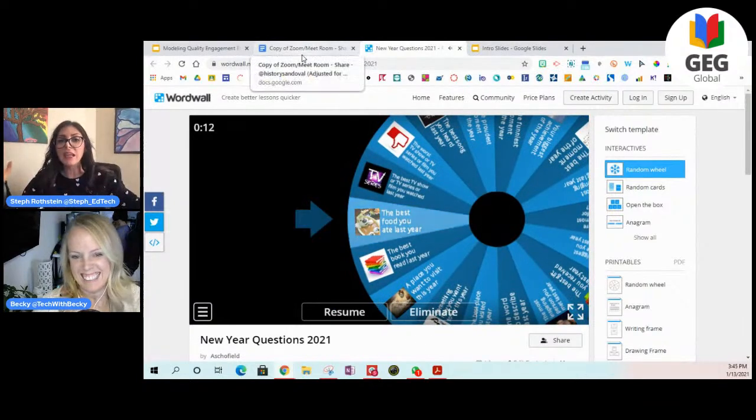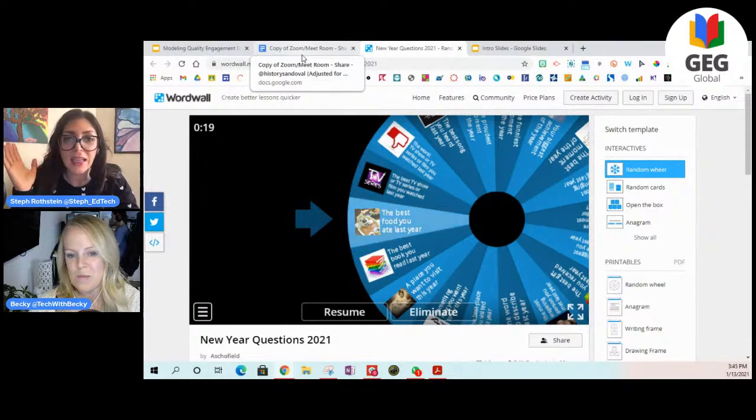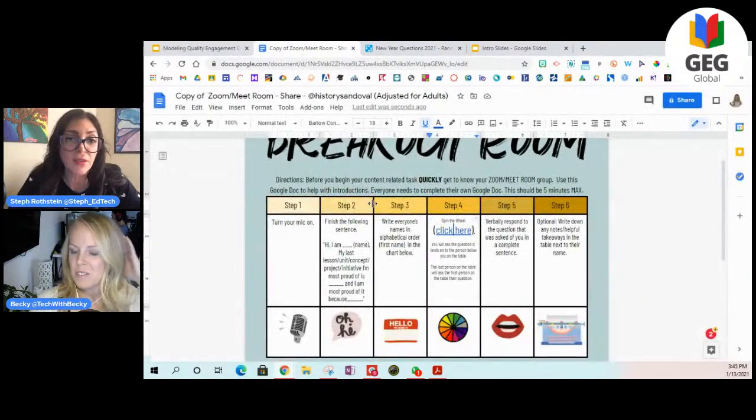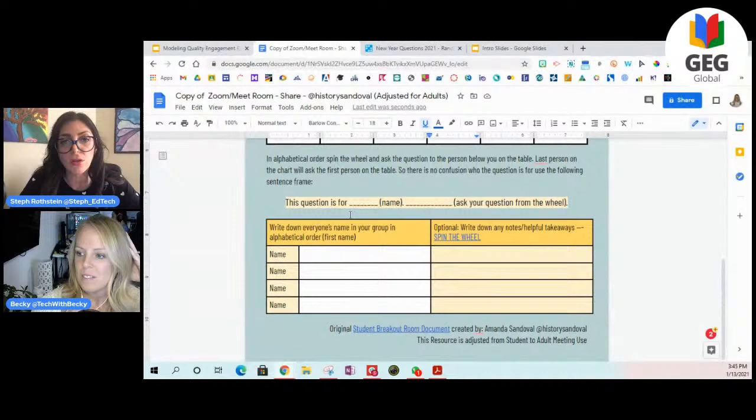I just love it that you don't know what you're going to get, and then you're learning about each other. It gives you some variety. You could use this over and over, and people will always get something, well, maybe they'll get something different, and they'll have different people in their space. And then it gives you a way to process that information. And so there's stuff down below to do with it. You can use it both with staff and students.